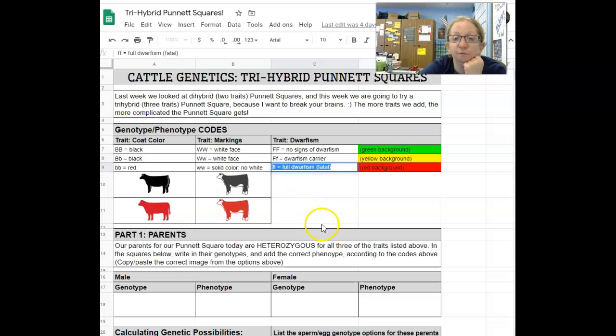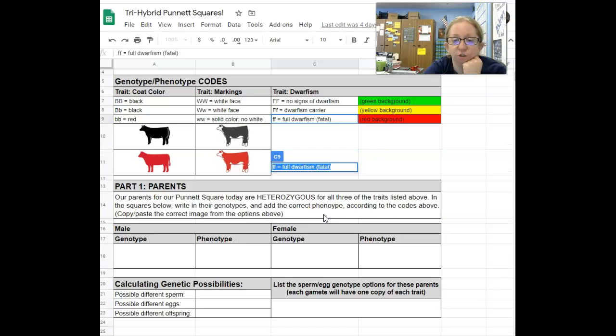So your first step for this trihybrid Punnett square is you are going to write out the genotype and phenotype of our parents. I have number one, both of our parents are both heterozygous for all three of these traits, so knowing what you know about genetics, figure it out. Both of our parents,